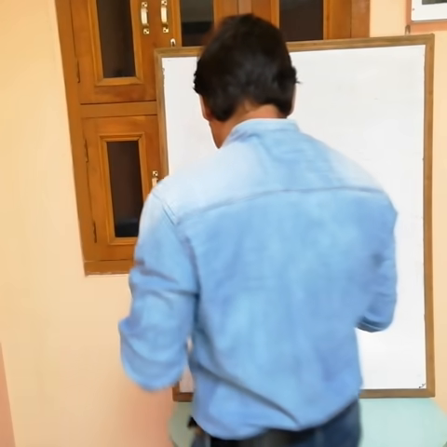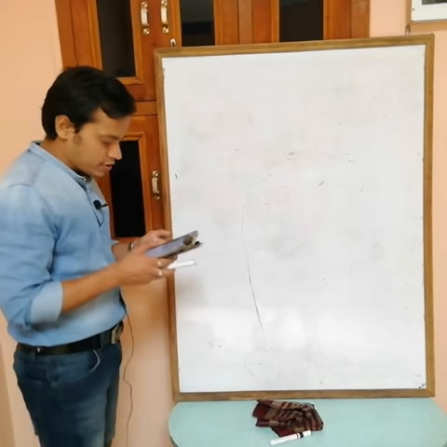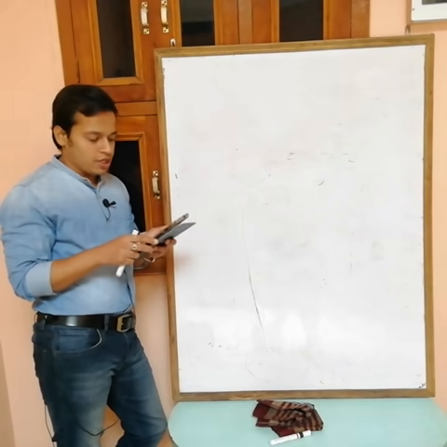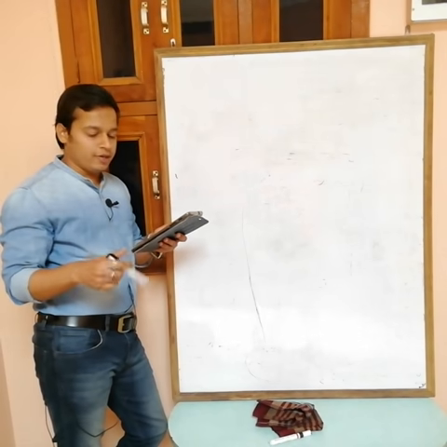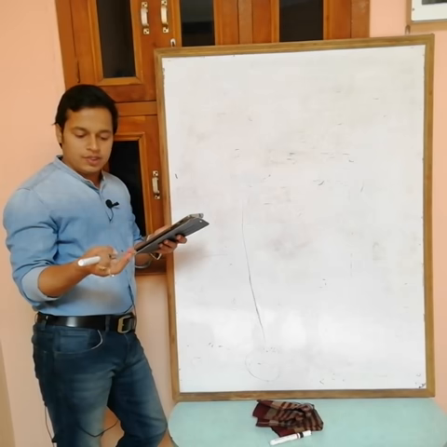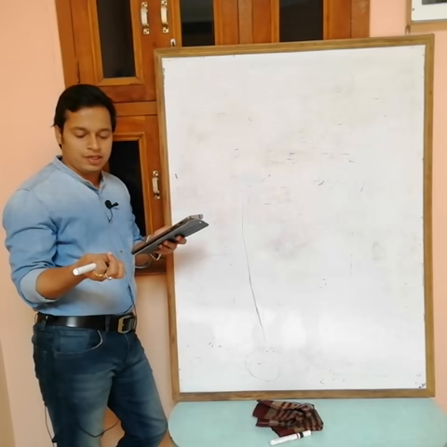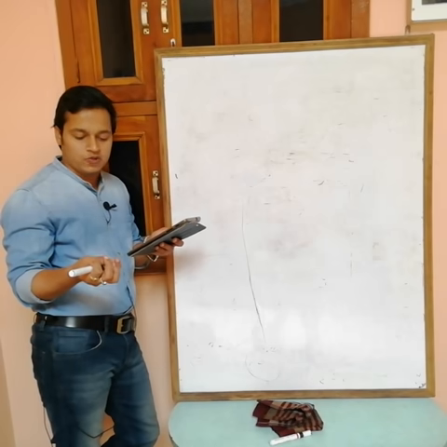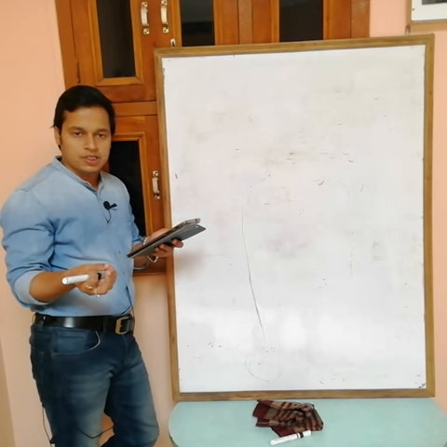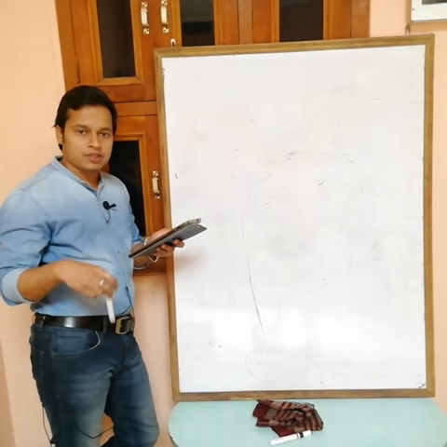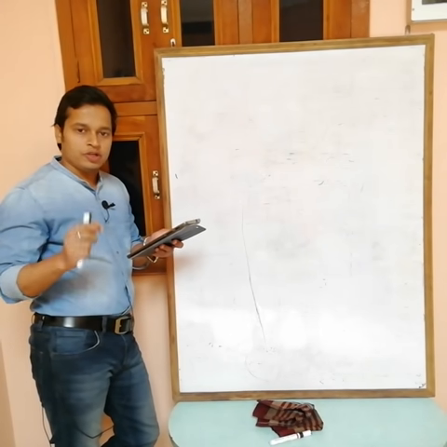Okay, so the graphs of inverse trigonometric functions are done now. We have the graphs of sine inverse, cos inverse, tan inverse. Out of these 6 inverse trigonometric functions, sine inverse, tan inverse and cosec inverse, these 3 have a range from minus pi by 2 to plus pi by 2. Which ones? Sine inverse, tan inverse and cosec inverse. And the remaining 3, cos inverse, sec inverse and cot inverse, have the range from 0 to pi.